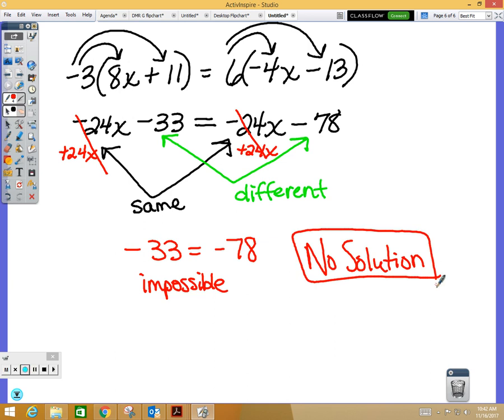Okay? So when you get your assignment, there's 10 problems. You're either going to solve it and be able to get just one final answer, one solution, or you're going to realize they're exactly the same on both sides, so it's all solutions, or it'll be like this one, where you have the term with the variable the same, but the constant's different, and it's no solution. All right, so I'm going to give you time to work now so that